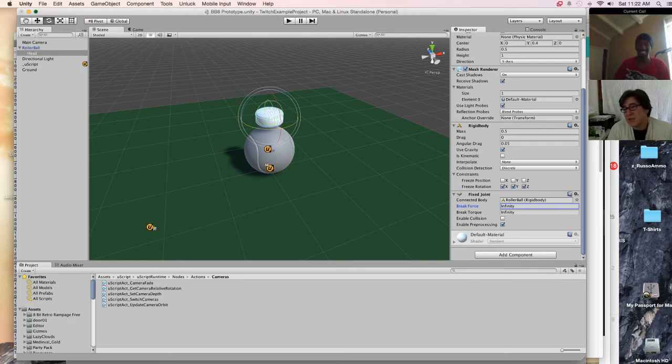Think of it as like Kinects, you know, the toy, where they're connected to each other. If you push hard enough, they'll break apart, right? That's essentially what this is. It's kind of like a Lego joint. So two things are attached together. If you hit it hard enough, it'll split them, and then allow them to do their physics thing.